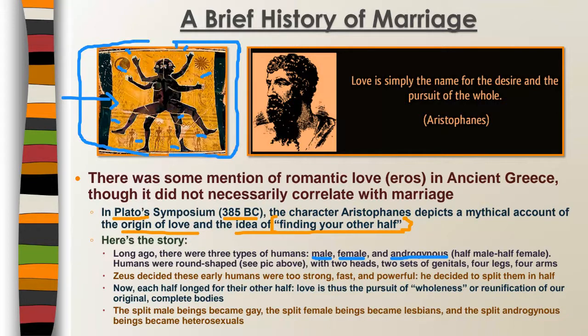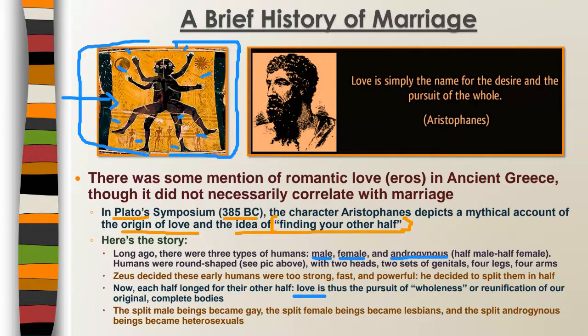However, because we were originally united with this other half of our original body, each half ever longed for the other half that they had been split apart from. And so this whole concept of romantic love is thus kind of this pursuit of reunification with our original complete bodies before Zeus cut us in half with lightning bolts. And so the way Aristophanes describes it is,